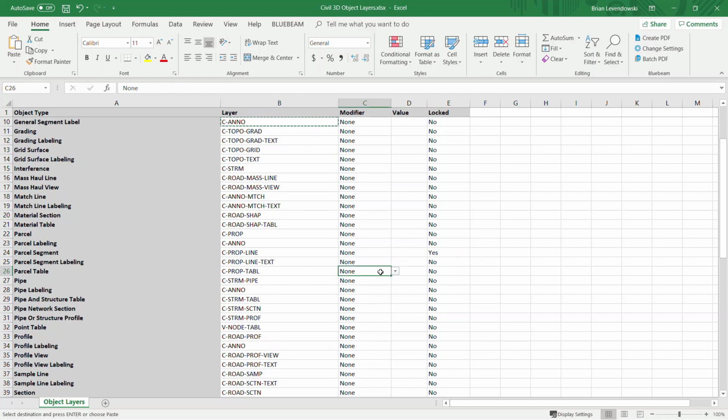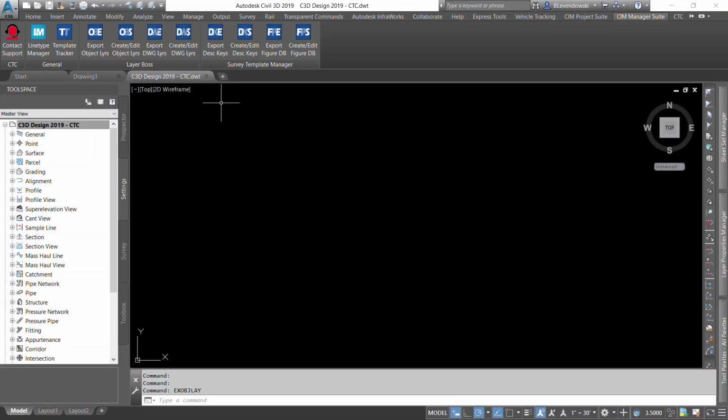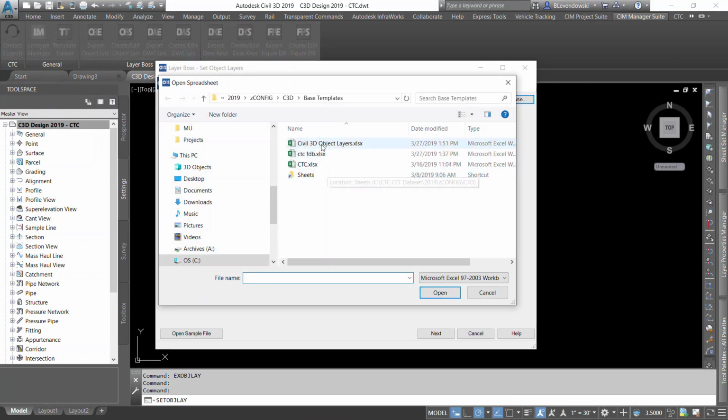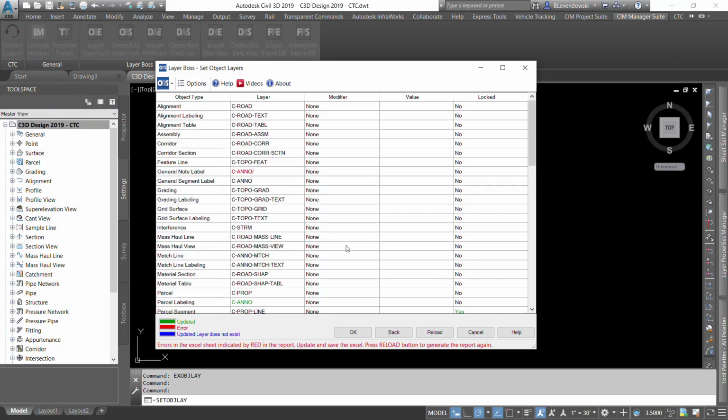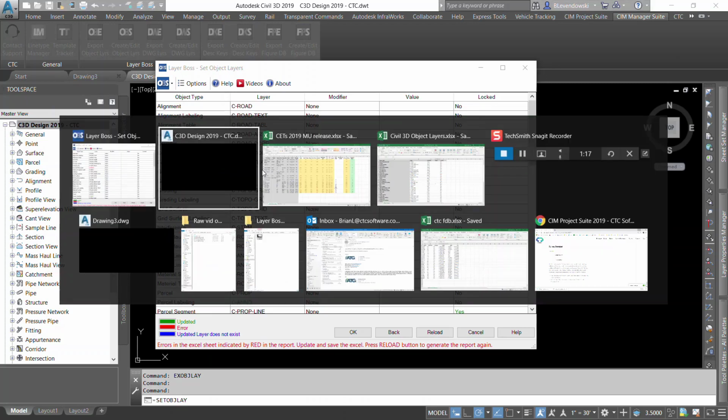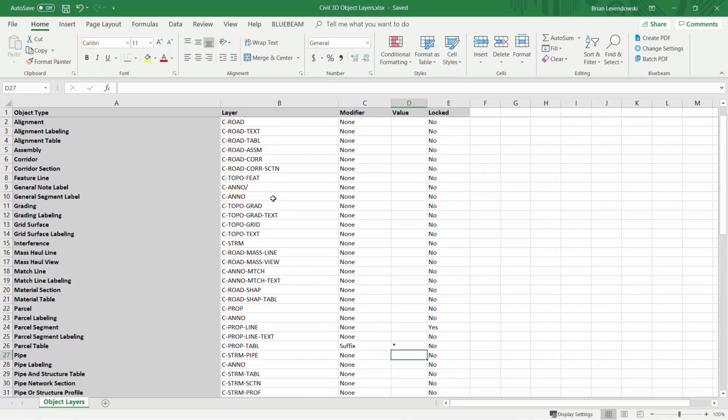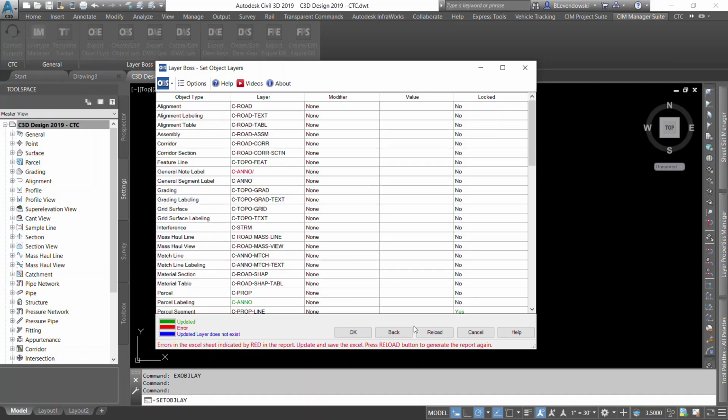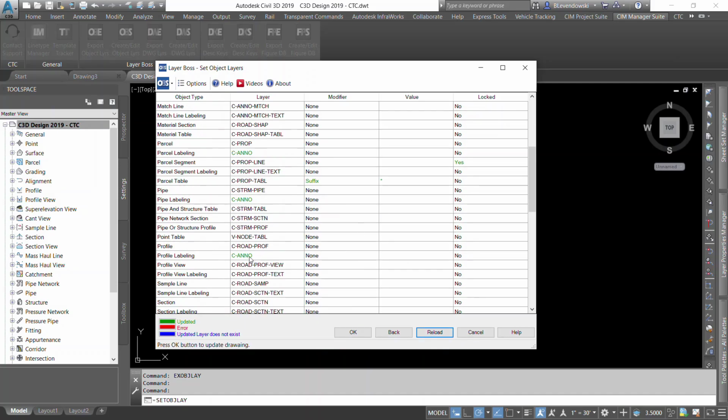I get drop-downs with my export that behave in the same way that Civil 3D does, losing none of the functionality that Civil 3D provides. Coming back to Civil 3D, I simply point to that Excel sheet. It'll even flag layer names that are inappropriate, so I can go back and change that in Excel, reload in Civil 3D,